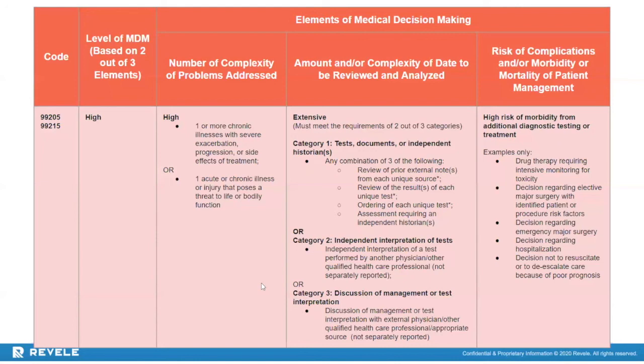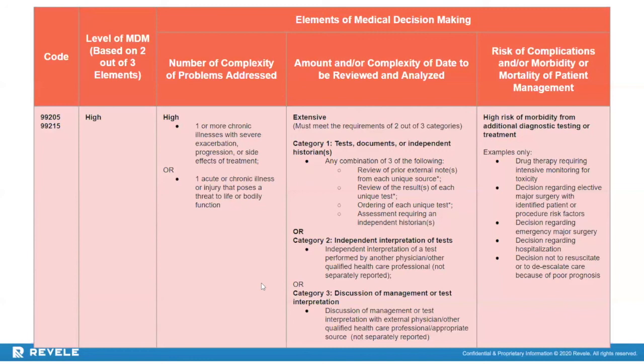This can be performed by another physician or qualified healthcare professionals, but cannot be reported separately. Or category 3 for discussion of management or test interpretation. This is with an external physician or other qualified healthcare professional or appropriate source, but cannot be separately reported by other procedural codes. And for the risk of complications and or morbidity or mortality of patient management, it is a high risk. And examples would be like drug